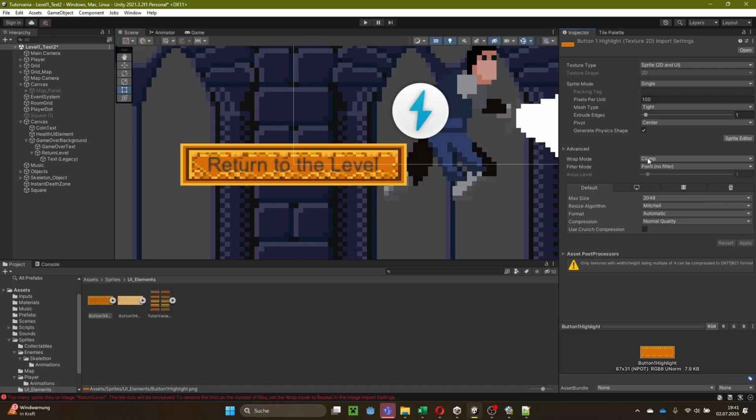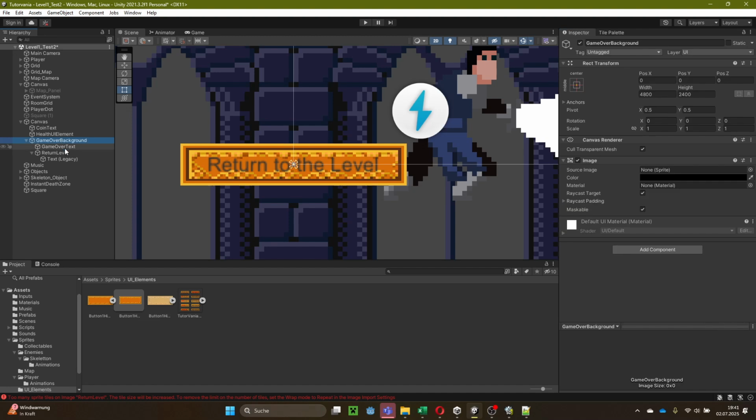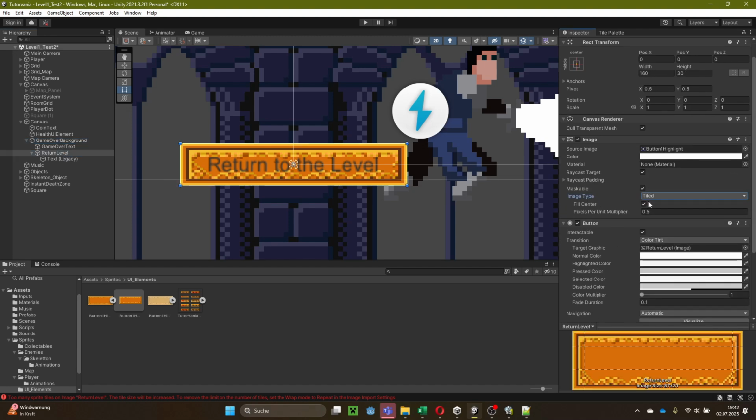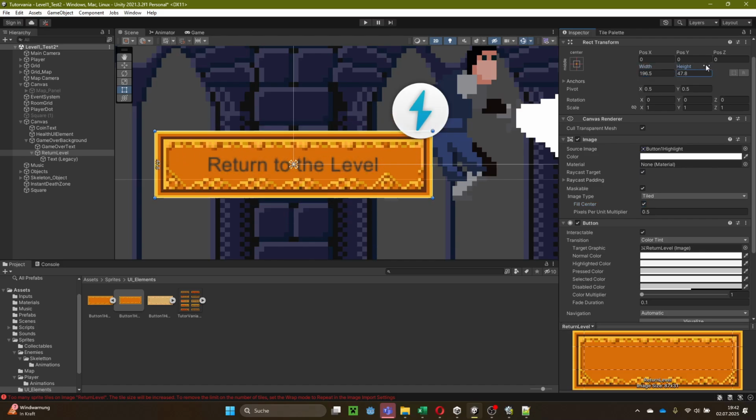It's important that you change the filter mode of the button UI elements to point no filter. Do this for both of them. Then you still can go to the image element, and you should change the image type to tiled. You can set the pixels per unit multiplier to 0.5, and then we should still increase the size of our buttons like this,